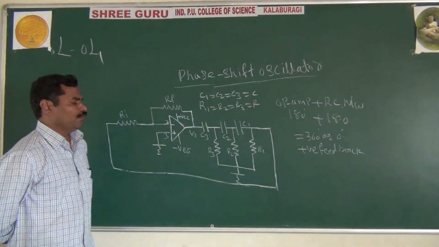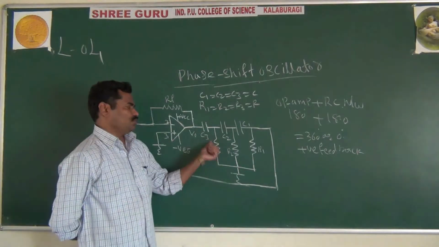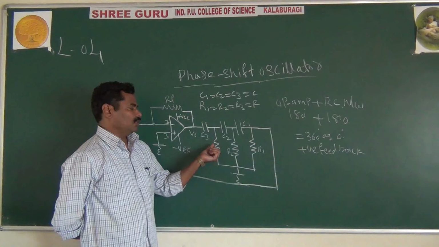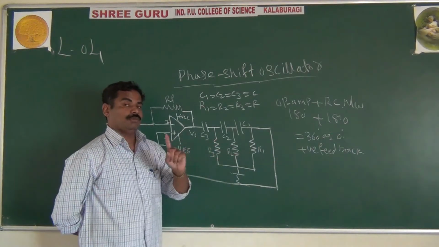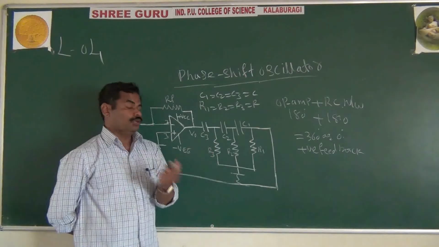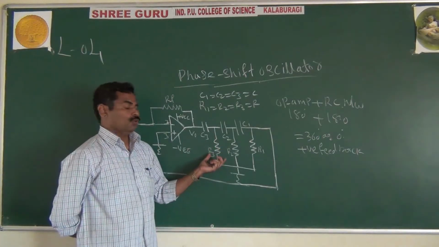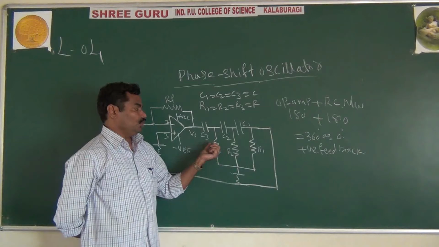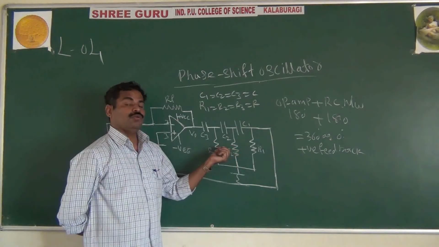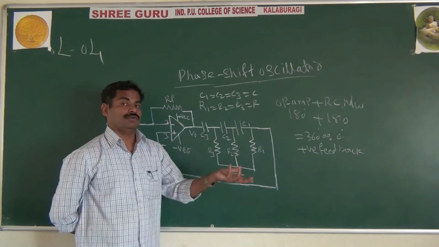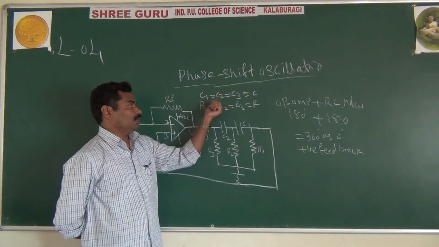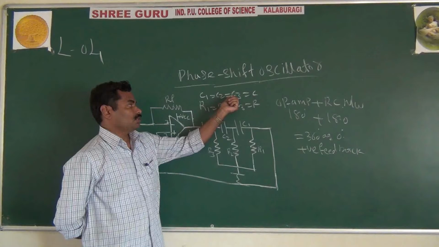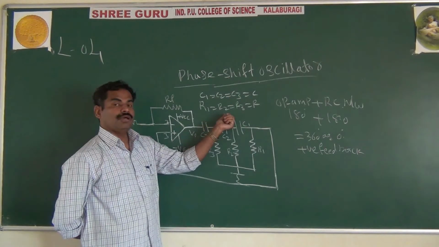And at a particular value of R and C, what will you get? Each R and C will give the 60 degree phase shift only at a particular value of R and C, and only at a particular frequency. Only at a particular frequency will the RC network give the 180 degree phase shift. Not for all frequencies. Only one frequency will work, because you are taking all C values the same, and all R values the same.